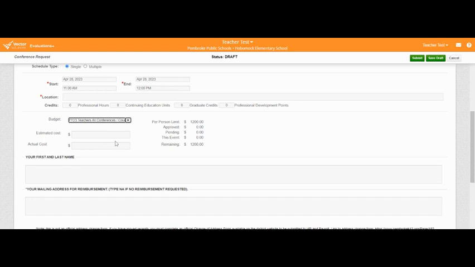Once you've chosen your budget, you'll see on the right-hand side the information for your tracking. So it gives you the amount that you're allowed per year, any budget that's been approved so far for you, and then this event and what's remaining. So for the cost of this conference, we're going to enter the cost in both the estimated and the actual